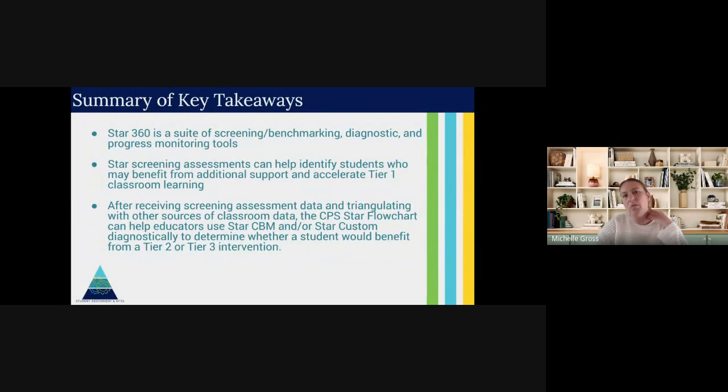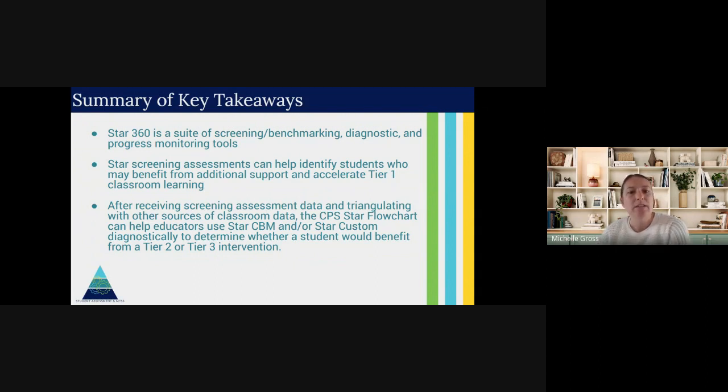So the biggest takeaways from today. First, STAR 360 is a suite of screening, benchmarking, diagnostic, and progress monitoring tools. STAR screening assessments can help identify students who may benefit from additional support and accelerate Tier 1 classroom learning.